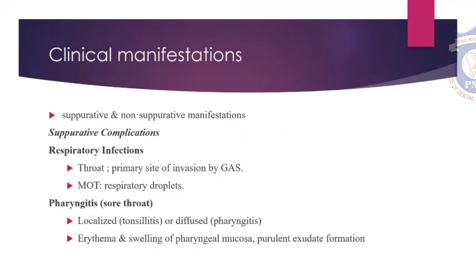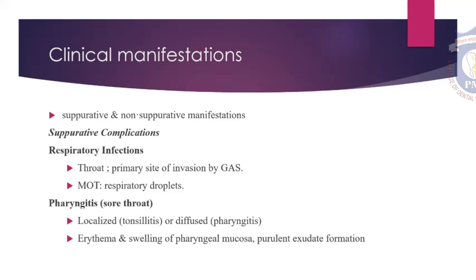In respiratory infection, the throat is the primary site of invasion by group A Streptococci, and the mode of transmission is through respiratory droplets. The primary clinical manifestation of Streptococcus pyogenes is pharyngitis or sore throat,